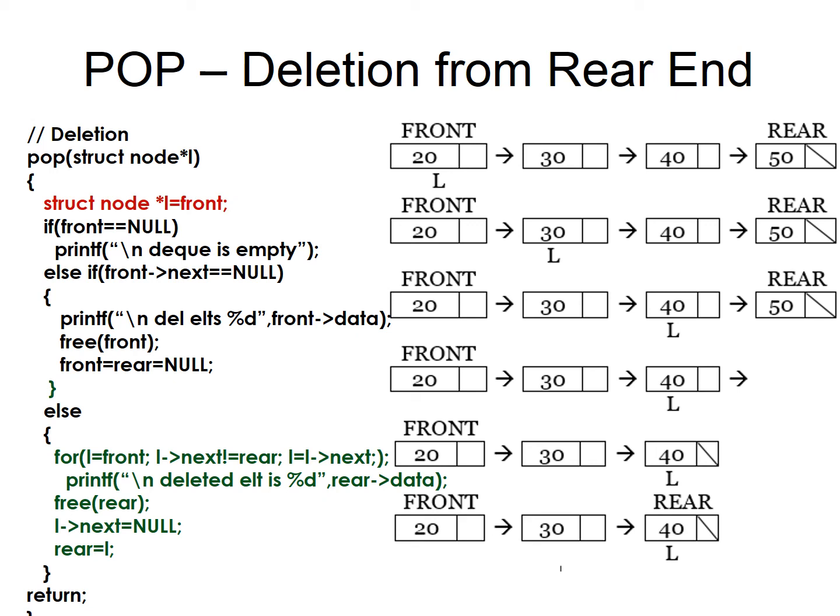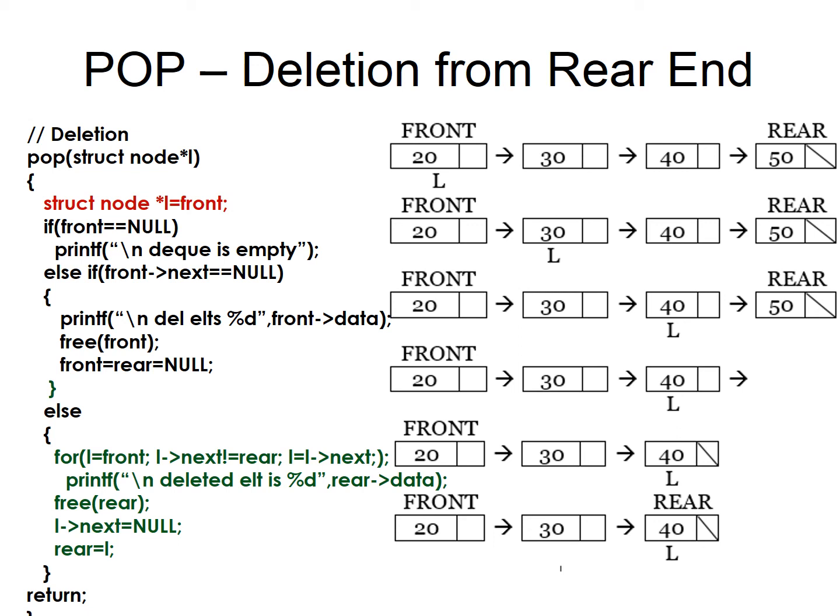I should start a variable that starts from the first node till the rear node, because it's a singly linked list. You can see the arrow marks are going from front to rear. There is no backward direction. It is not a doubly linked list. So how do I do it? I assign a temporary variable L to the front and I check whether L's next pointer is not referring to rear. So when L is at 20, it checks whether the next node is rear. It is not rear, so L jumps to L of next.